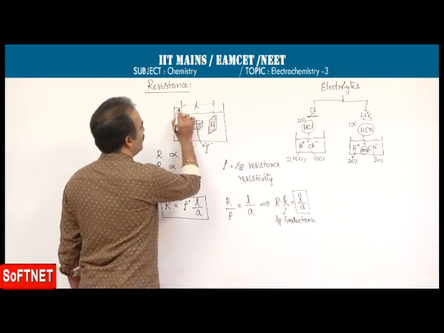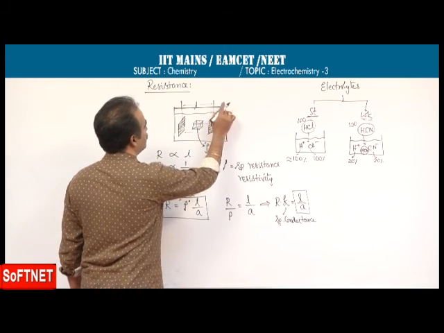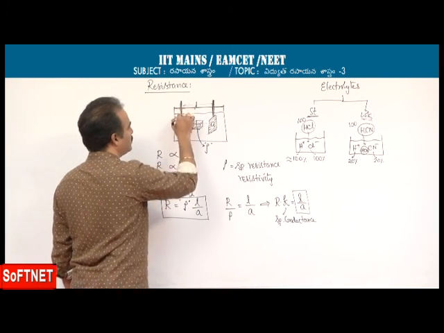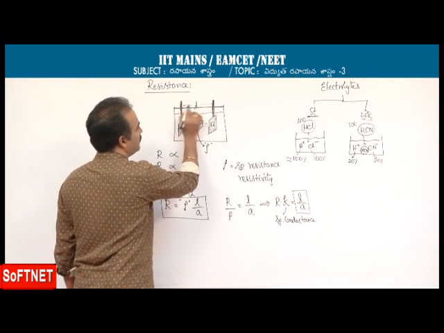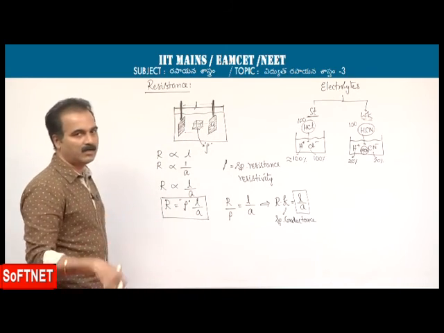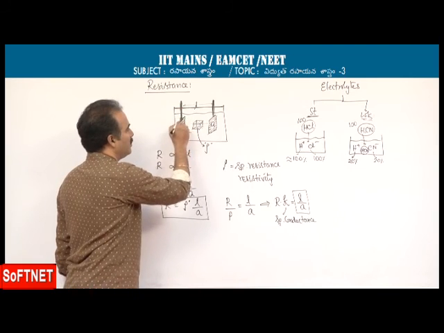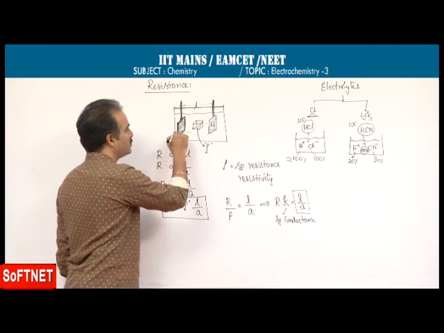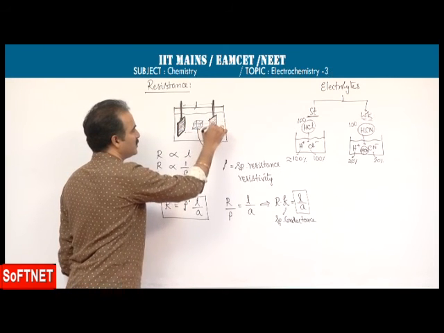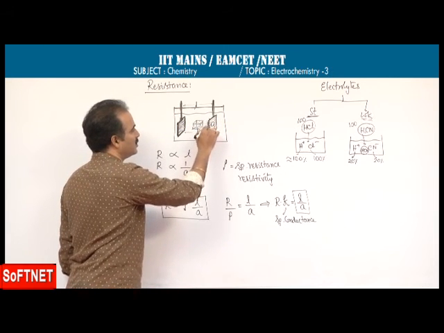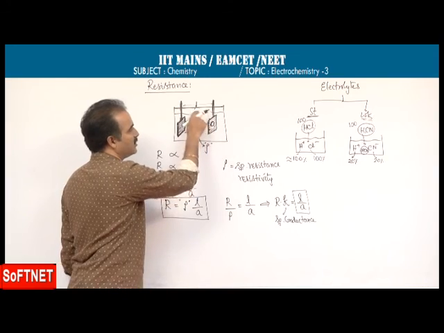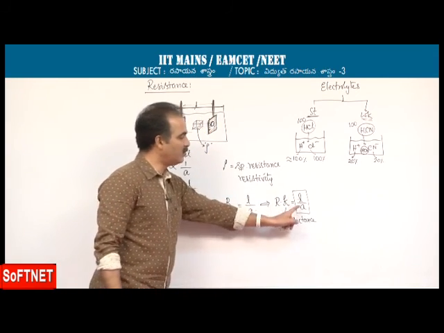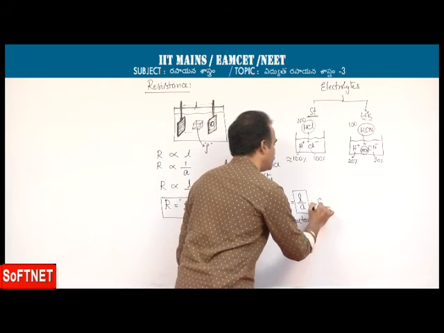When you take any cell, this is a closed one, the electrodes are welded here at fixed places. So, the distance between the two electrodes you cannot alter. At the same time, the area of cross section of the electrode plate is also fixed. Both are fixed for an electrolytic cell. So, this L by A is called cell constant,